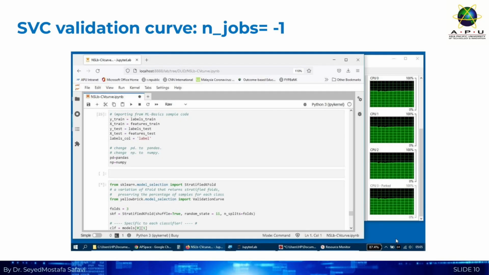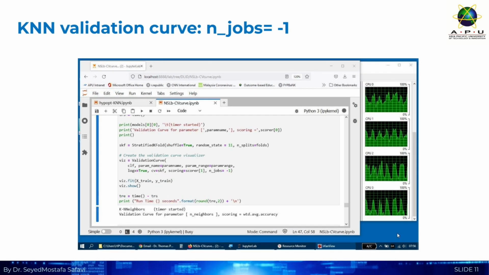This setting is designed to give you the absolute best execution time and maximum efficiency. Comparing the results of n_jobs=1 and n_jobs=-1 is a powerful demonstration of the value of parallel computing. To show this isn't just an SVC trick, we apply the same all-hands-on-deck strategy to the k